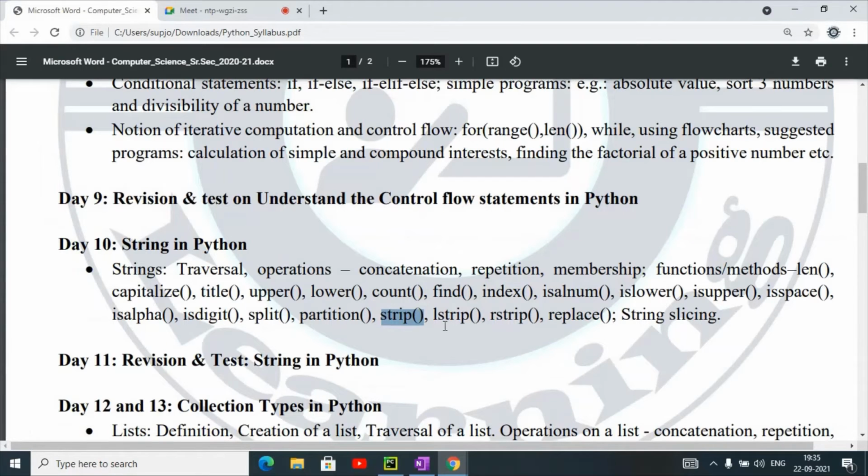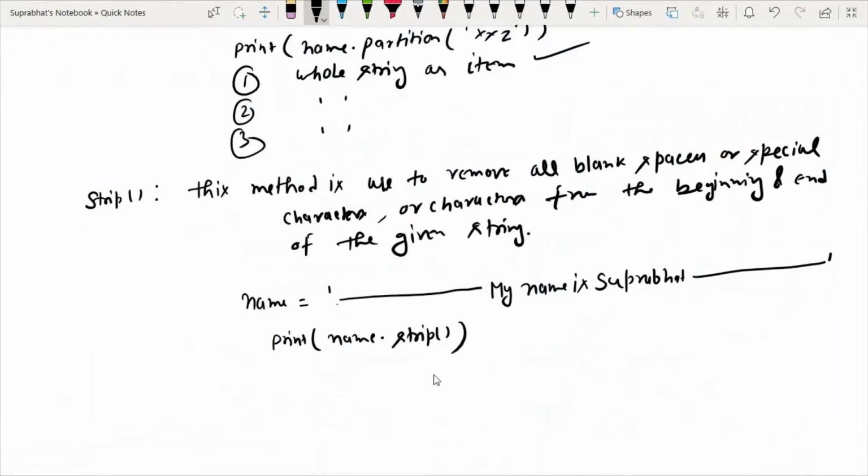Next one is lstrip, and the next one is rstrip. These two functions are also used. How do they work? We will check. Suppose I use print name dot lstrip.